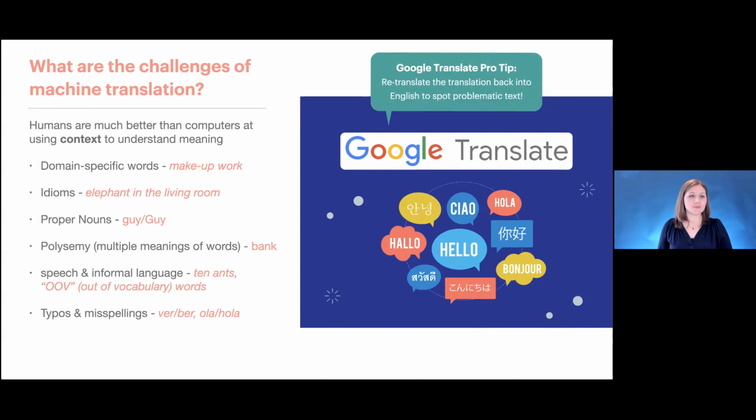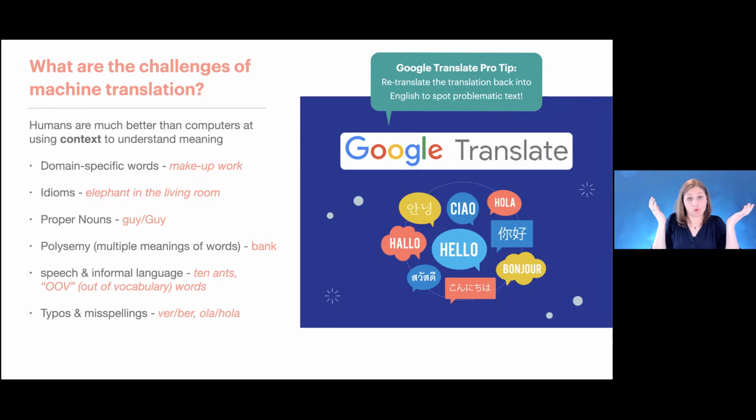I forgot, though, before we move on, that I have a pro tip, which is one way that you can check and see, was that a good translation? Was that not? If you're using Google Translate and you say, okay, I've got something in English and I want to translate it into Spanish, for example. I was just talking about my friend, right? And so let's say I wanted to send him something. And so I typed it in English and then it translated into Spanish.